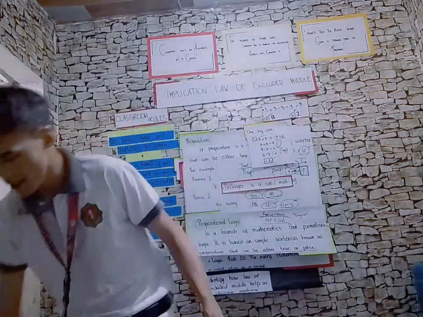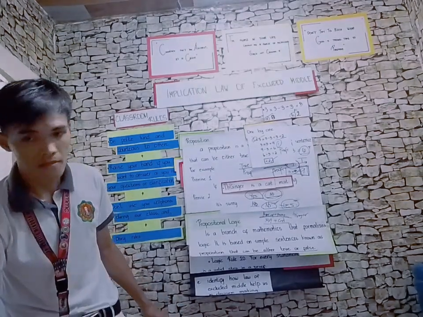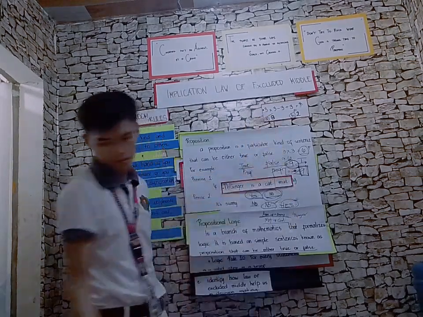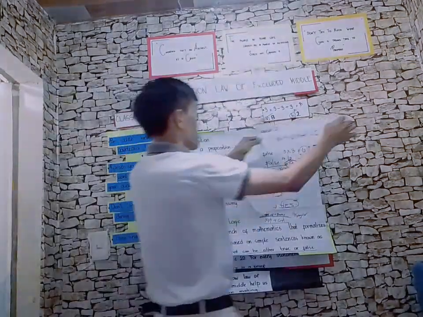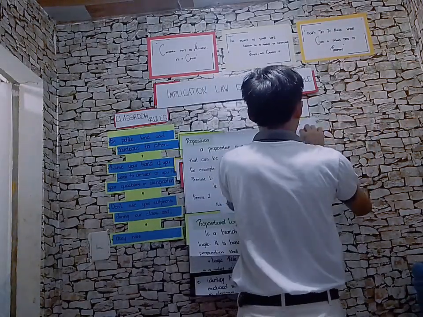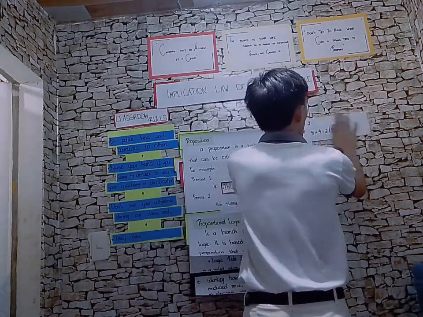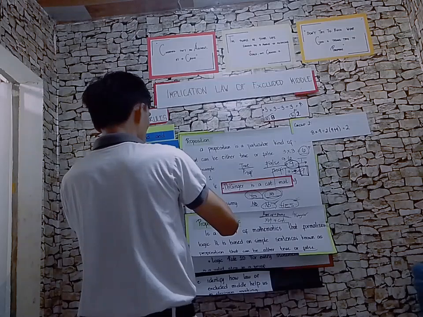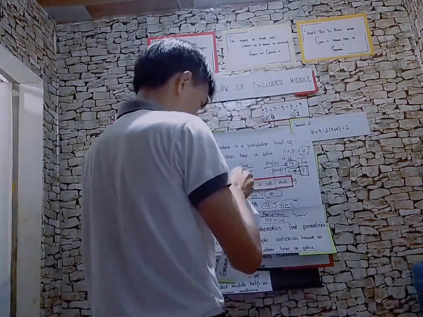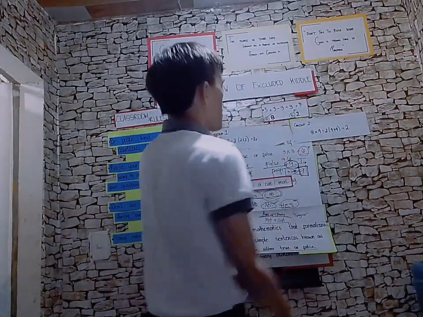Let me remove this one. And this one too. So this will be group 2. I will get the cover of the double sided tape. Group 2, and this will be group 1 activity. So I want you to